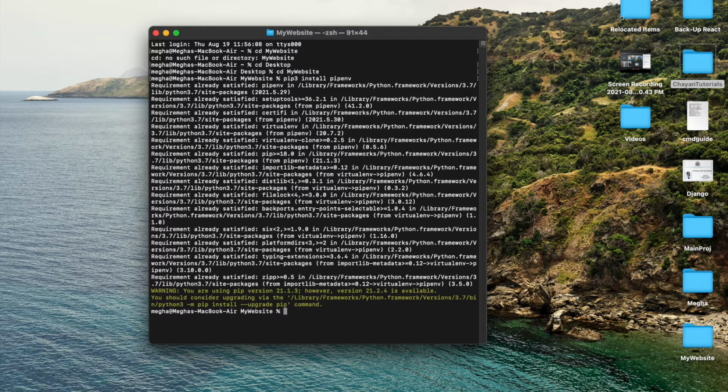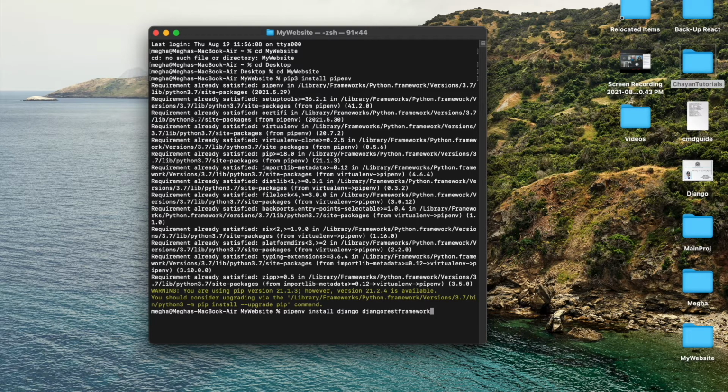All right, so it gives me certain things, and then I have to install Django. So in that environment, I'll be saying pipenv install Django. I'm also going to be using the REST framework, so I'm going to say Django REST framework.